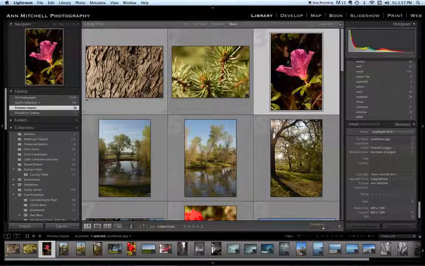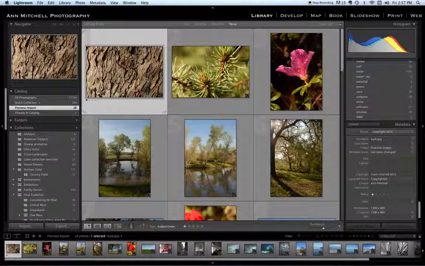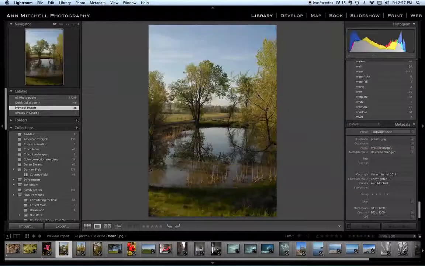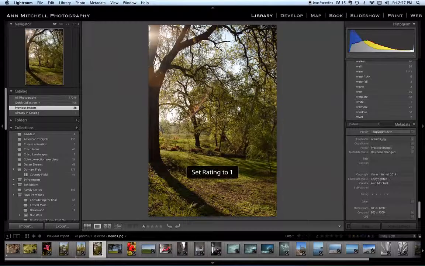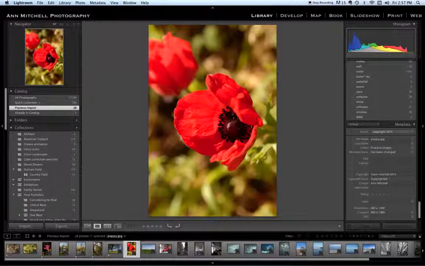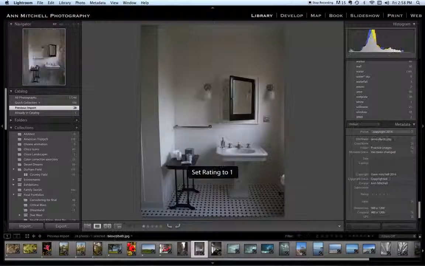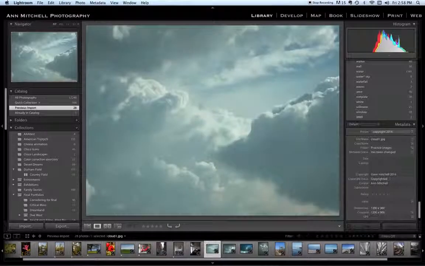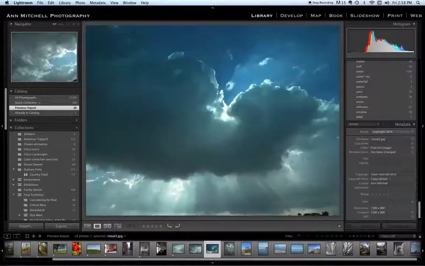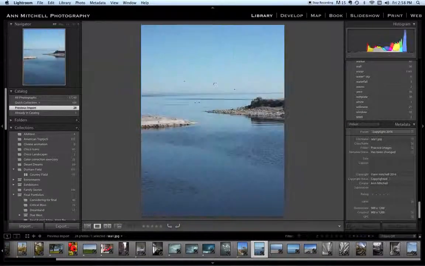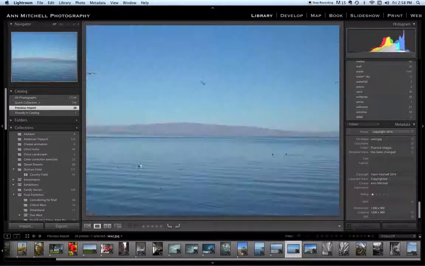So the first thing I'm going to do is go through and rate them. And the process I use is I double click on it to enlarge it. The first round I go through, I give it a 1 if I like it. If I don't like it, I don't give it anything. Now what this process does is it allows you to kind of go through and get familiar with what your images are. Then you go through them again, and quite often you will have shot multiples of a specific scene. And this is the time where you get to realize, oh, you know what, it was actually the second version of that was the better shot.